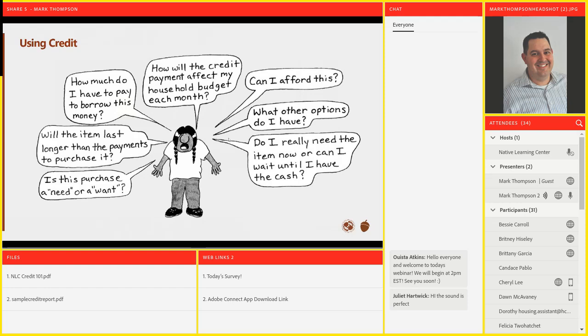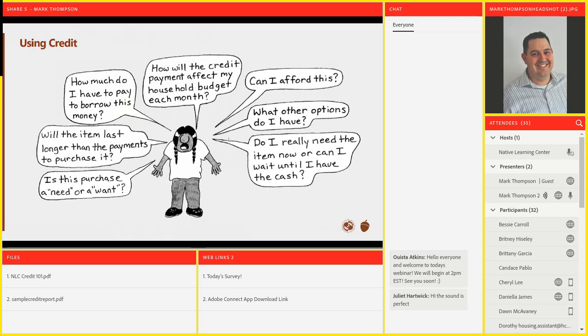Here is another cartoon from Building Native Communities from Ricardo Carte. Why do we use credit, right? And what are some of the questions that we need to ask ourselves, right? If we were going through the full Building Native Communities curriculum, we would be talking a lot about what's a need or a want.